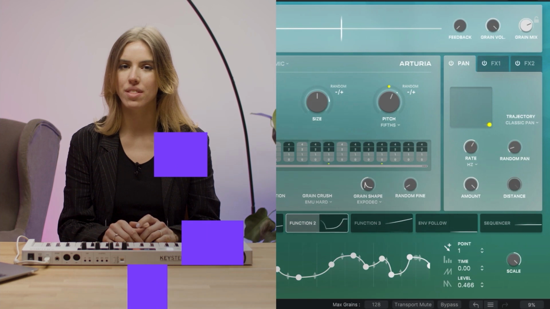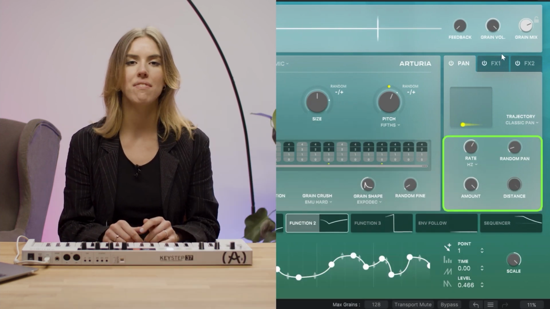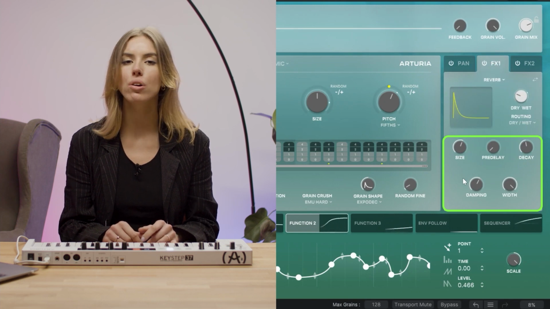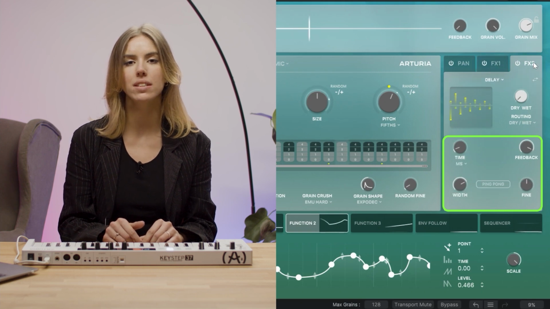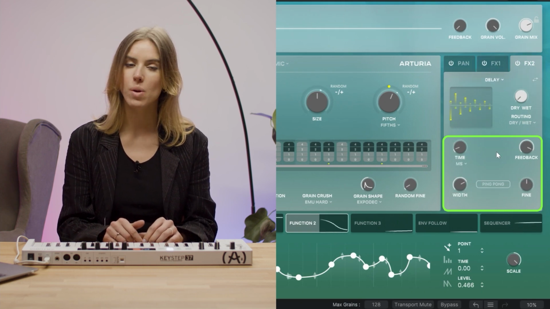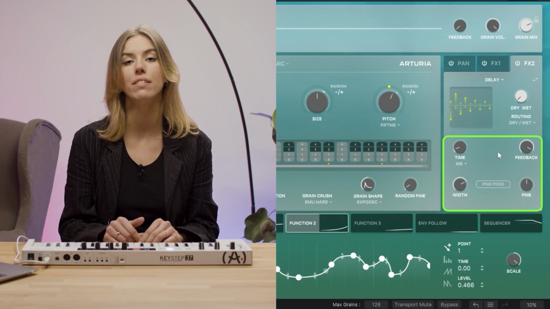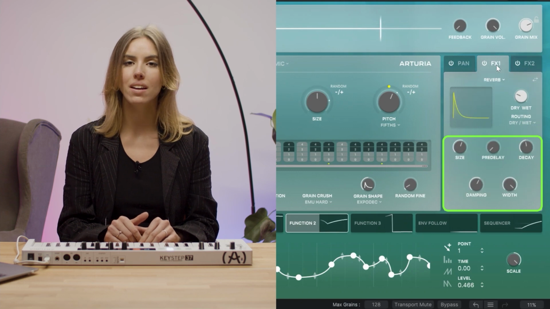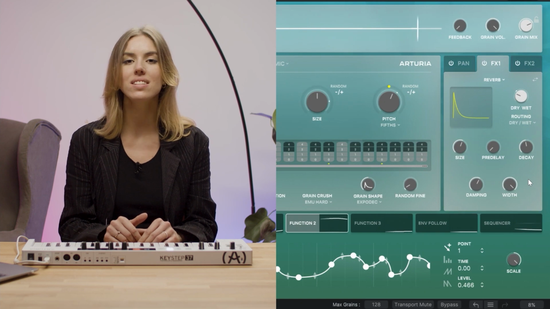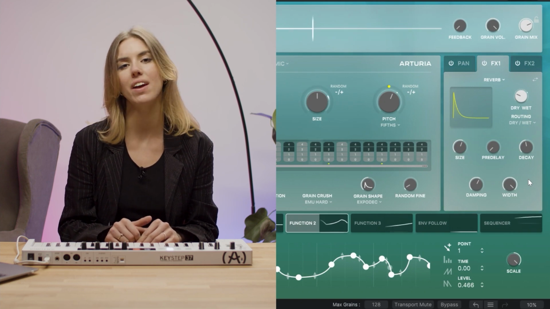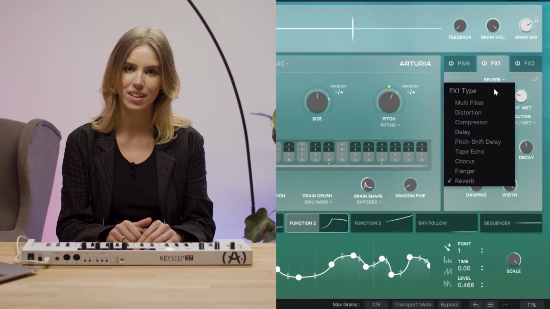What's also new in the advanced panel are the extra controls for each FX slot. In the FX 1 and 2, we will see more controls appearing per each effect, allowing for further editing of the effect settings. For delay, we can see parameters such as time, feedback, width, or fine available, while for the reverb, these are the size, pre-delay, decay, damping, or width. This also applies to all the remaining effects such as distortion, compression, filter, and modulation effects.